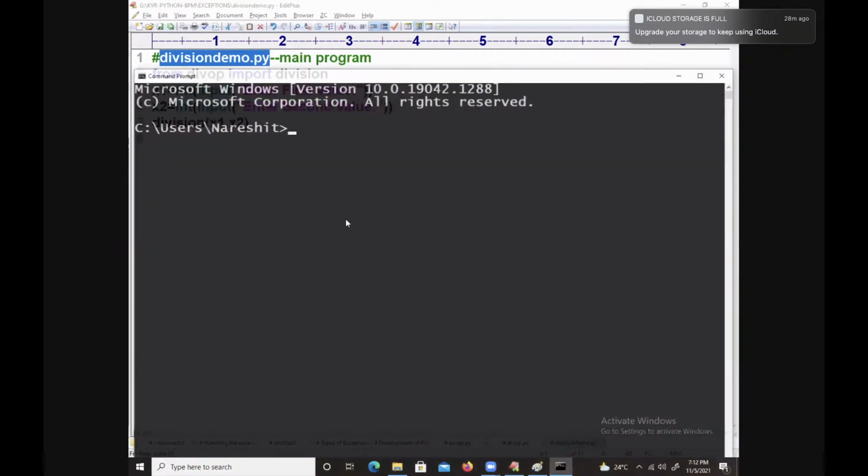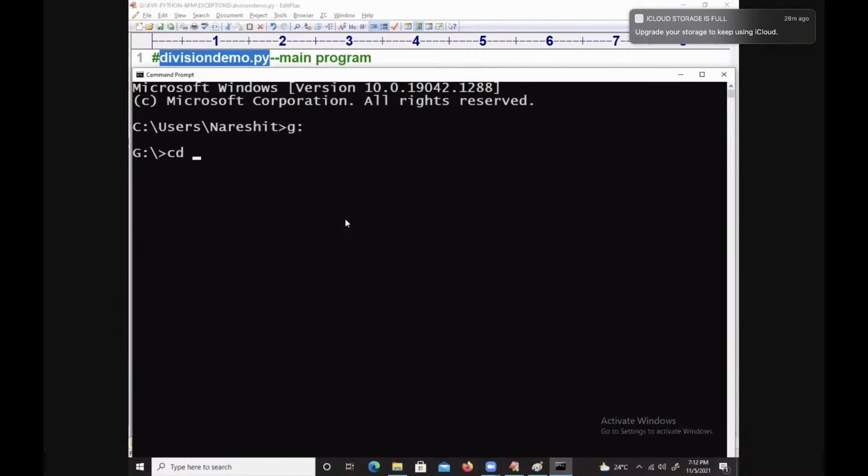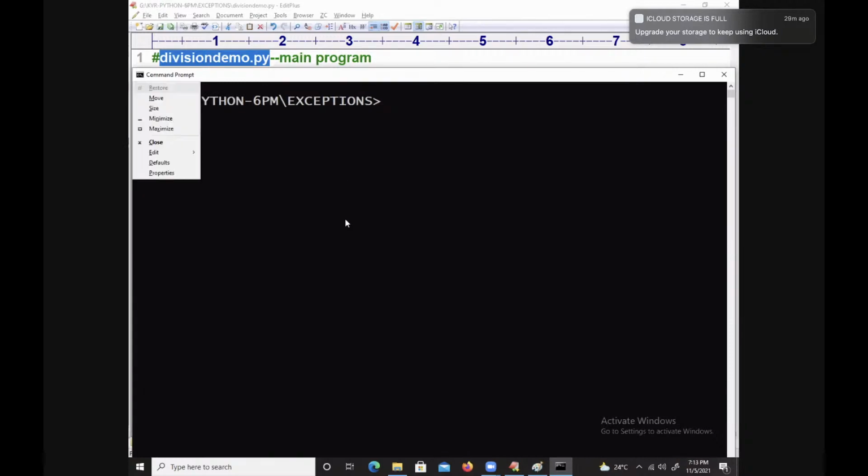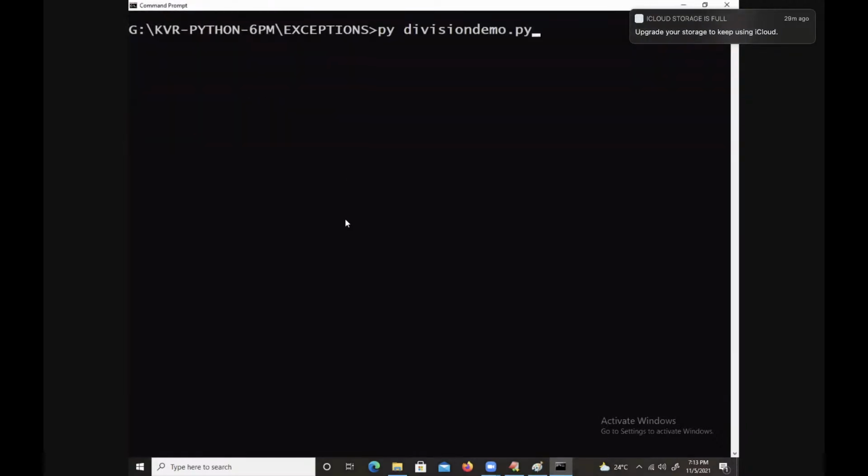Yes, here you see G colon CD caviar Python 6 p.m. There it is called what? Except dot py. Yes, division demo asking first value and then second value. Of course, you did not hold the input here.